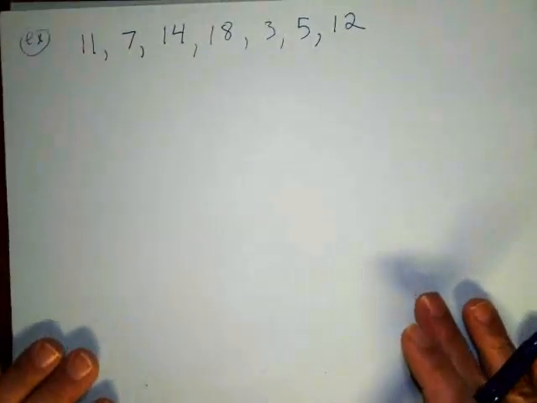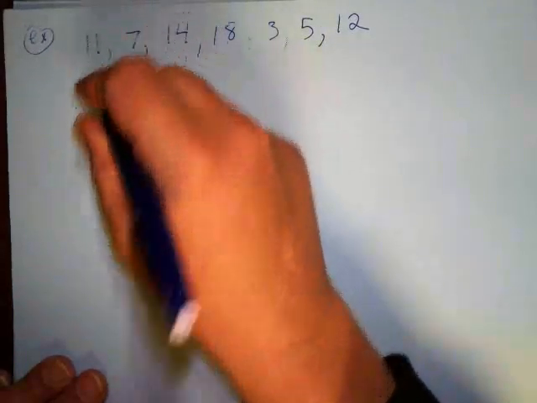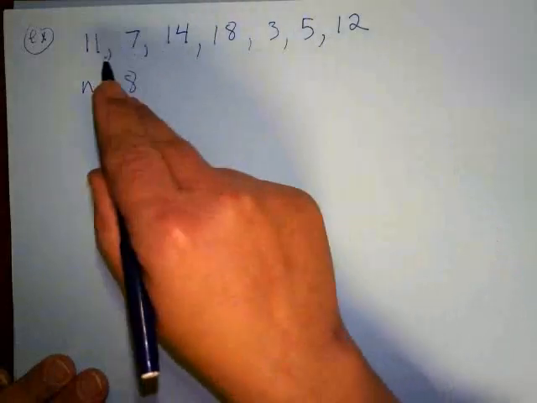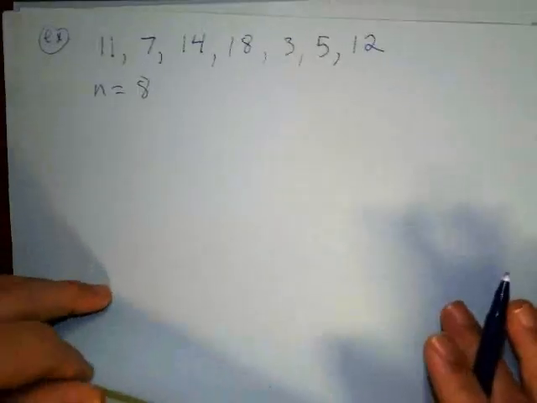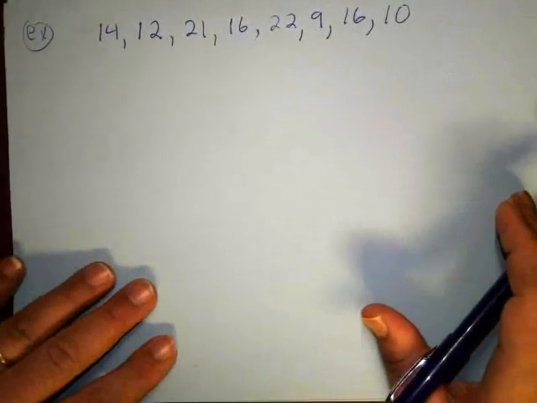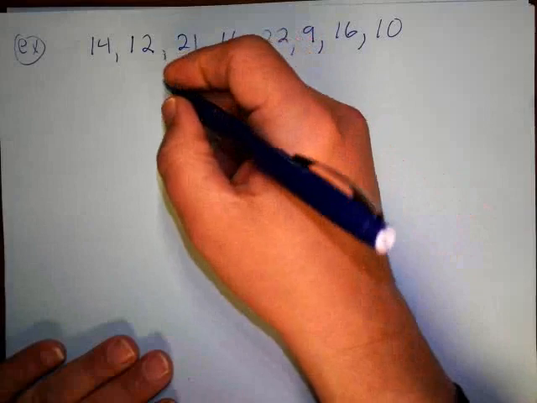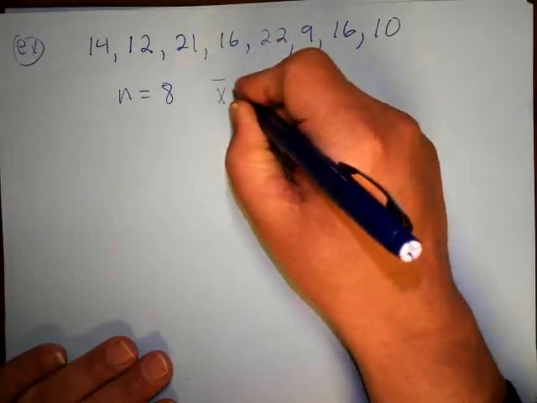So let me do one more example with a few more values, okay? So in here, n is equal to 8 because there's 8 values. Ooh, 1, 2, 3, 4, 5, 6, 7. Oh, there's not 8 values. You know what? That's the one I was going to have you do in the next video. This is the one I was going to do. Okay. So, n is equal to 8, and then I need